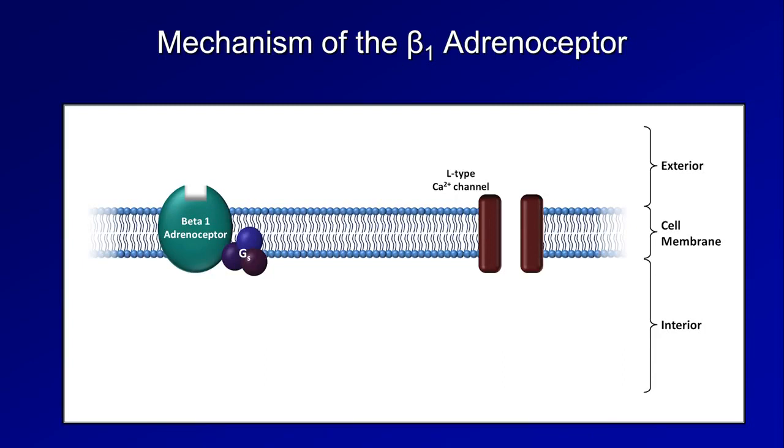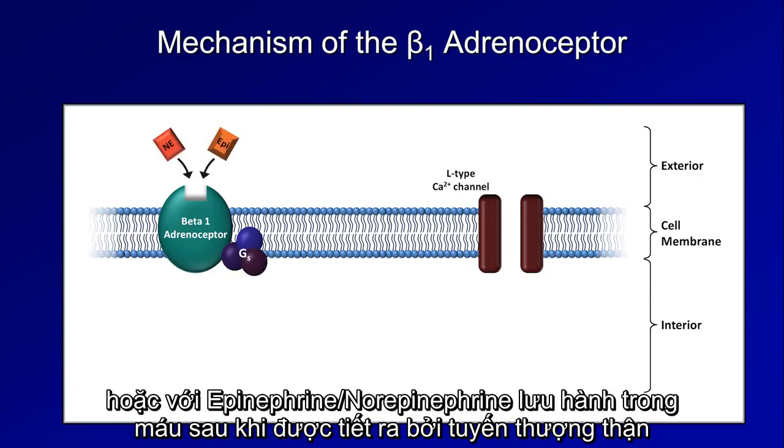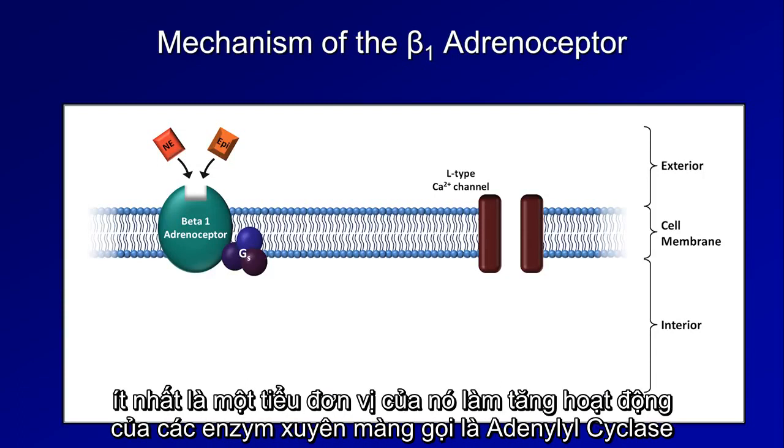Now, the beta-1 receptor can respond to either norepinephrine released by nerve endings from the sympathetic nervous system, or to norepinephrine or epinephrine circulating in the bloodstream after release by the adrenal glands. Binding to the beta-1 receptor by either epi or norepi tells the G protein to release one of its subunits,